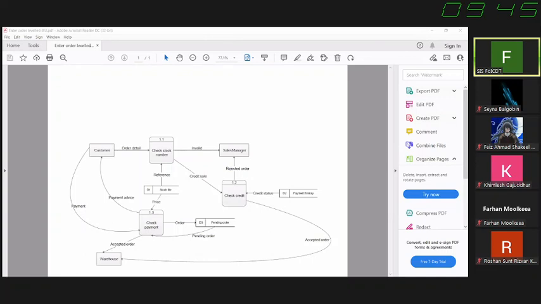Okay, so we are going to go through the case study. Orders from customers comprise order details and payment details, and this is checked for by stock number. So you have order details, check stock number. Okay, so this is 1.1. The orders failing this check are sent to the sales manager. So orders failing this check go to sales manager. Okay. Then